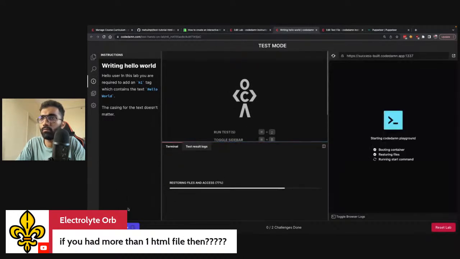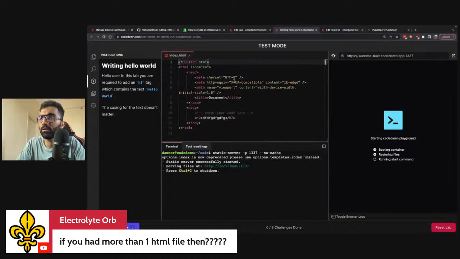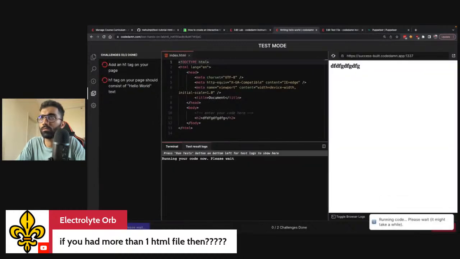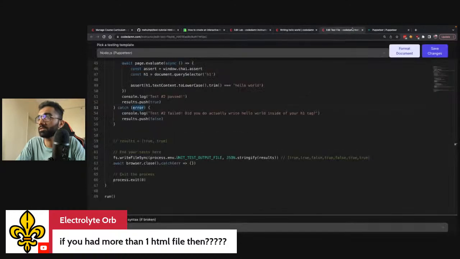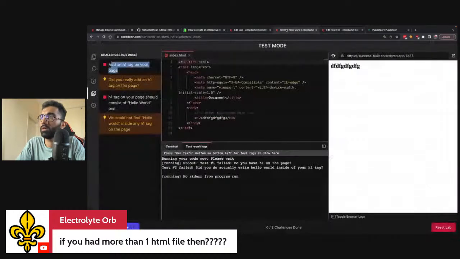So now if I do nothing, and if I click on this run test button, you're going to see that we are running two tests, but both of them failed. Why? Because both of them resulted in this false, false thing being written to this particular file. And you can actually verify that as well. If you want to console log this result over here, you can verify that this is false, false. But take a look at this test result logs.